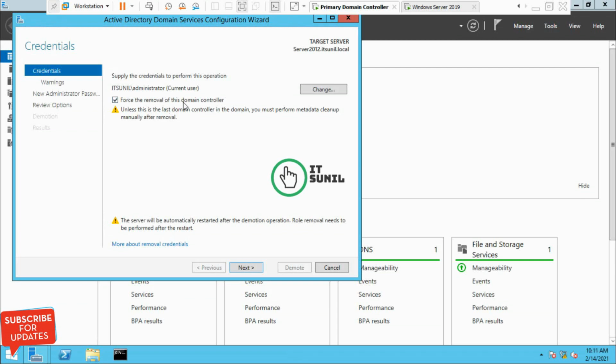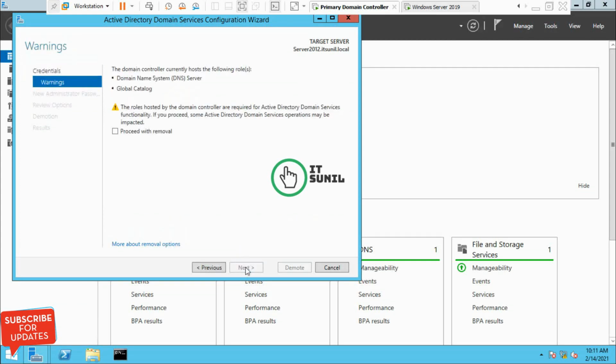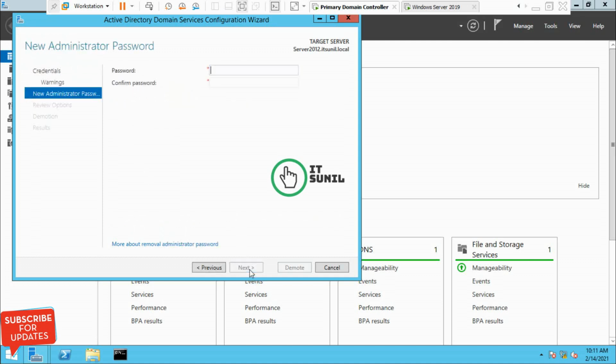This is the current user. Click next. Proceed with the removal, click next, and type the password, the local administrator password.